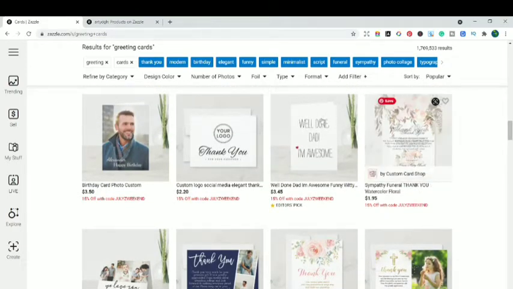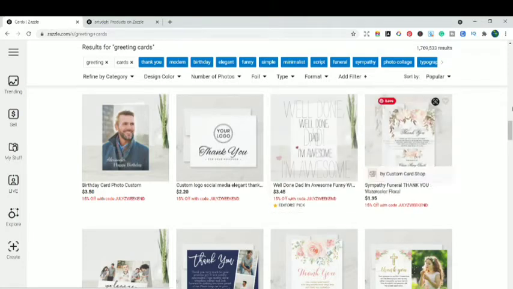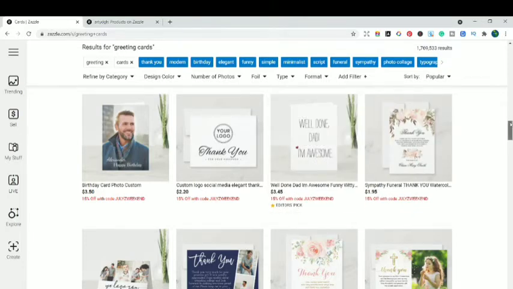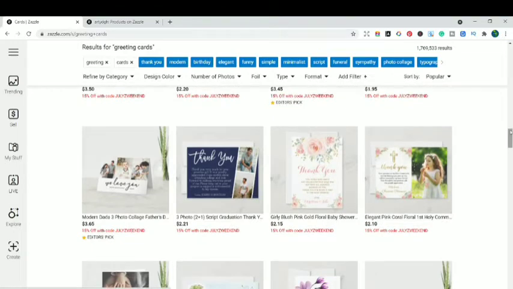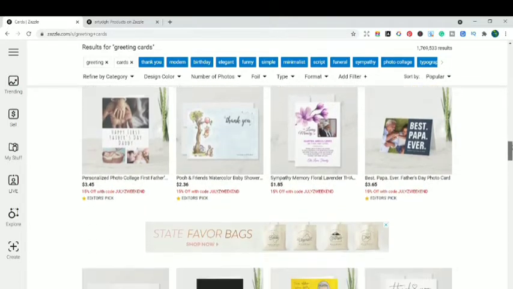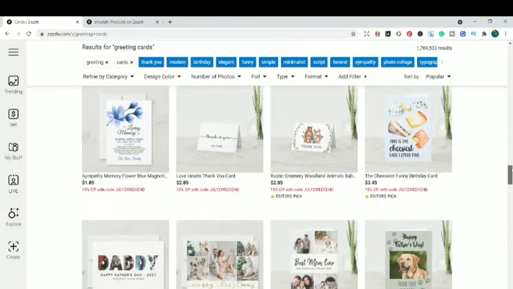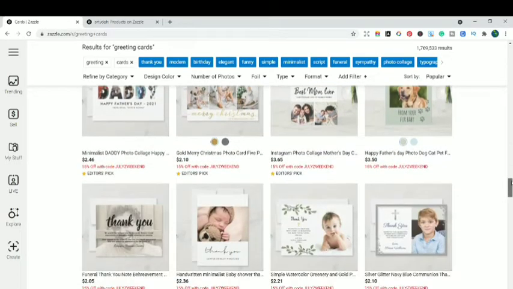You can see this is quite a simple text-based design. That's it guys. That means a simple text-based design also does sell well. You don't need to use all the floral illustrations to make a card. You can make simple text-based cards as well. So it depends. Let me just see some card ideas where we can hop over.